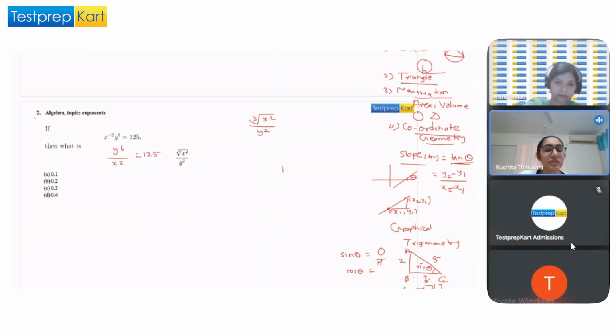I think I'm lost in this question. I'm not able to solve it. Just try a little. I'll give you one more hint. X raised to the second, right? 2 by 3